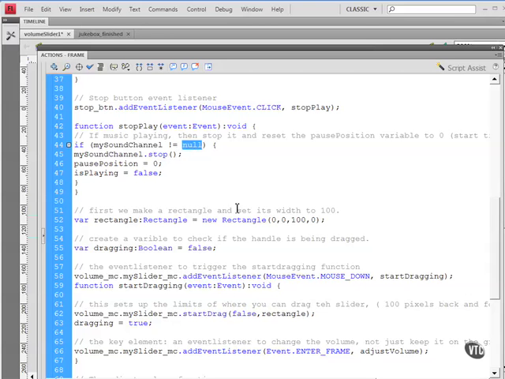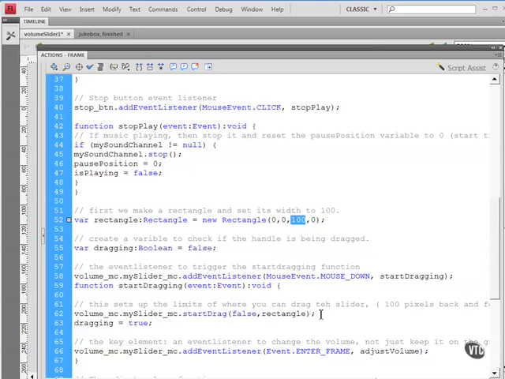Here is the rectangle for the groove of our slider. Notice that it's 100 pixels wide. That's important. I've seen a lot of these scripts where you can change the position, vertical or horizontal, and the size in pixels of the slider, but not this one. Then we have the event listener to trigger the start dragging function. In other words, when you start dragging the slider,